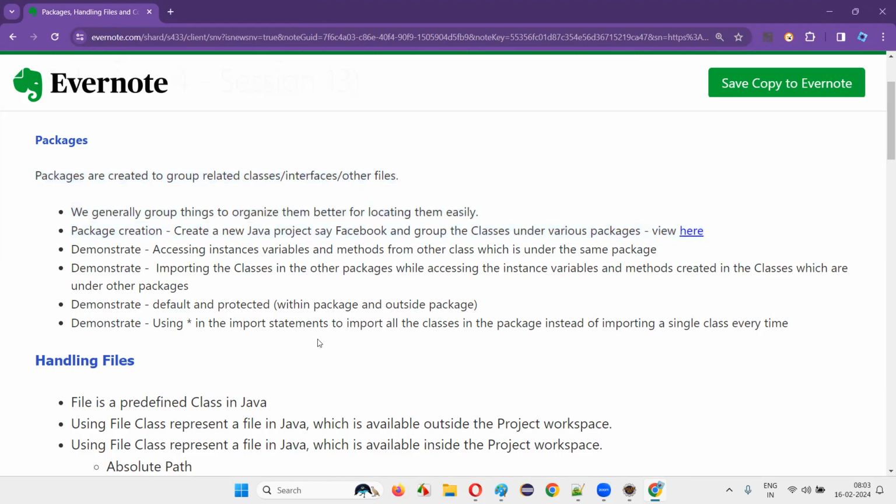So there are a few changes that packages make to the way we work, which I'm going to cover now. Now you understood the concept of packages, but there are some things you need to know about how packages will impact our way of working with Java code. The first thing is accessing instance variables and methods from another class which is under the same package. Okay. So for example, here